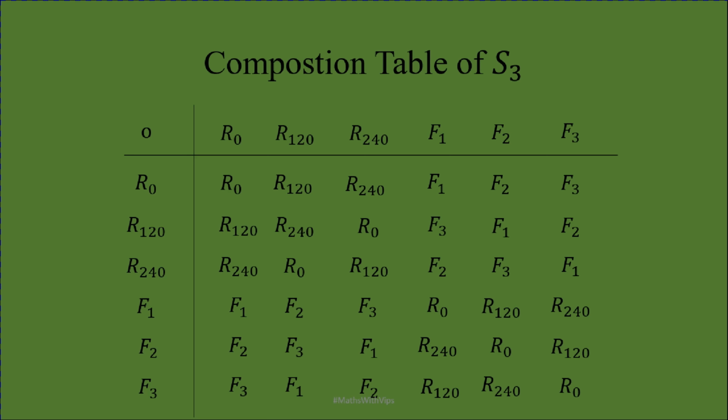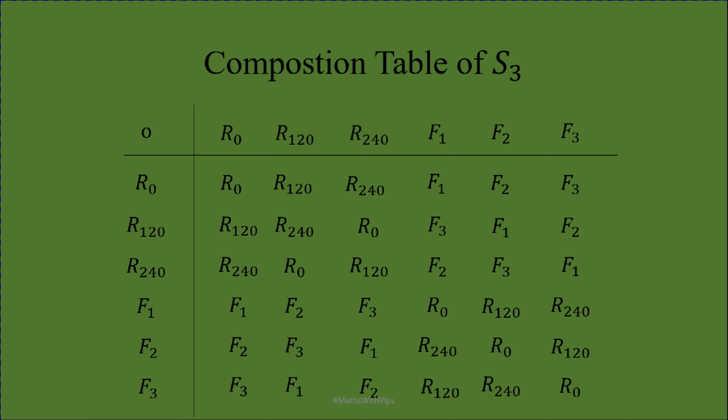We are trying to figure out whether S3 along with composition is going to form a group or not. So the first property was C, the second was A, the third was I, and the fourth again was I. C stands for closure. By closure, what do we mean? If you pick any two elements of S3 and compose them, then whatever the output is, it again comes back in S3. Over here you can see that there are 36 entries which we get after multiplication, and these 36 entries all belong back to S3. There are no elements from outside. So we can conclude that S3 is closed. For associativity, we'll put that on hold, and I would like you to try it yourself.